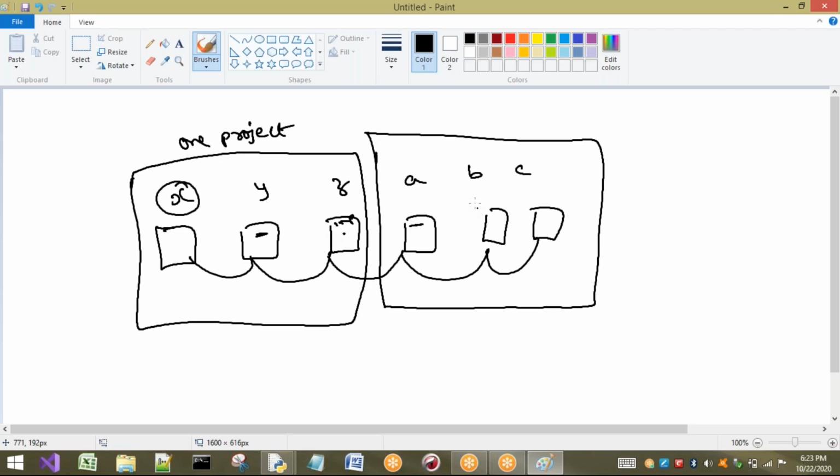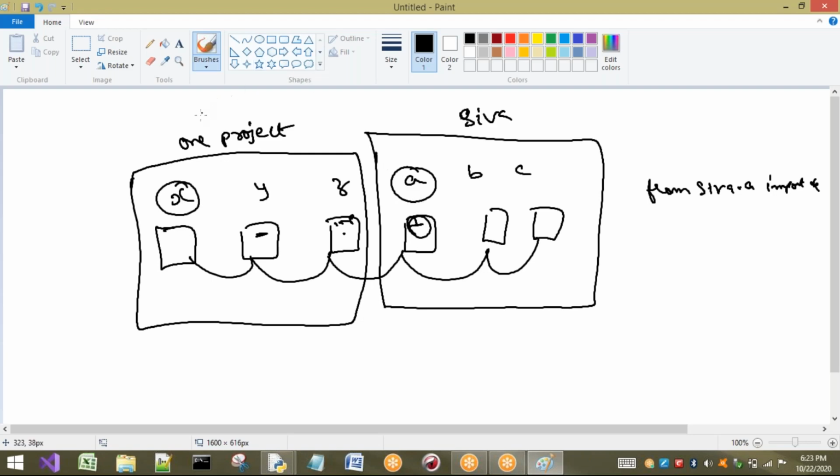So how do we access the functions of A from X, for example? We have to write from, and this is called, say, the Shiva directory. So from Shiva dot a I want to import all. That means all the functions, classes and Python statements available in A are now available to X. So it can access all the functions of A.